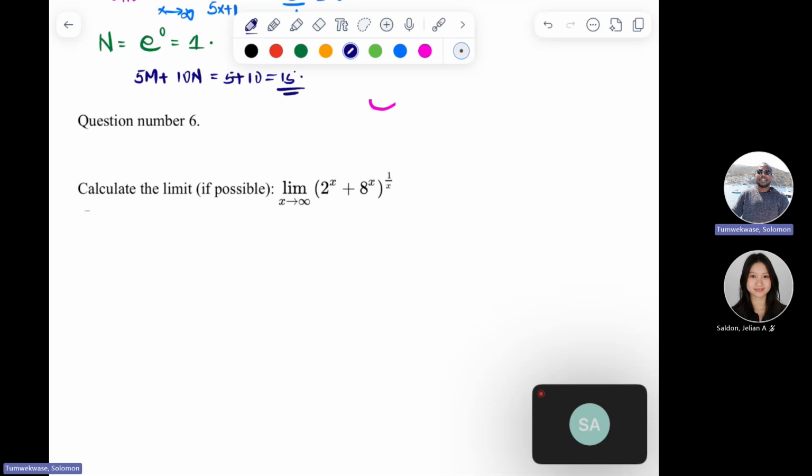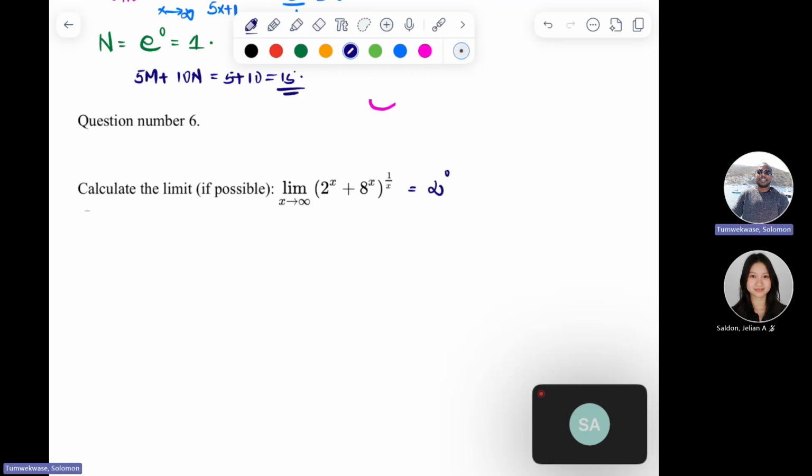Personally, as my last question, I chose question 6 because I felt like it had more tricks. So I'm going to go over question 6. Once again, if I take this limit directly, you can see that it is 2 to the infinity, then 8 to the infinity. So the whole of that gives me infinity to the power 0. So I need to use the